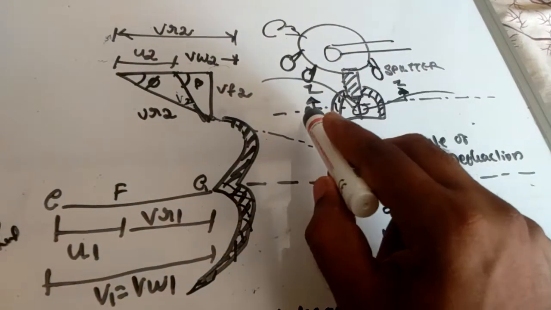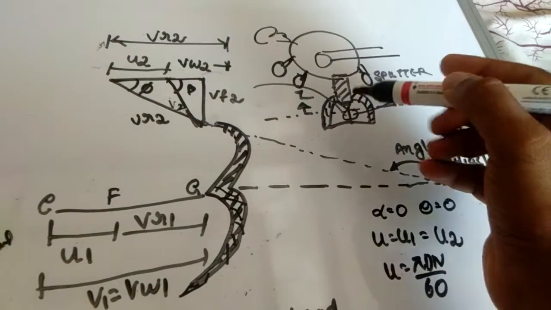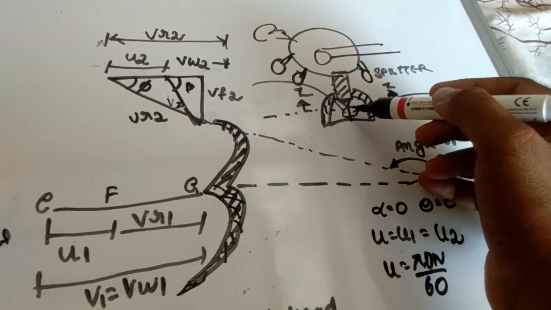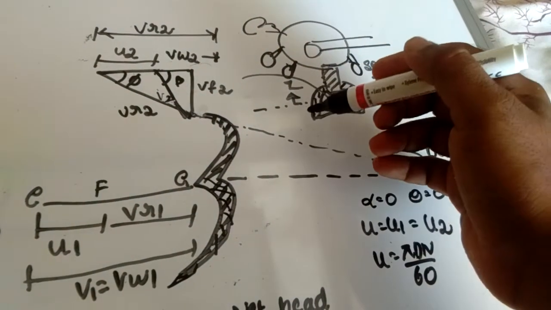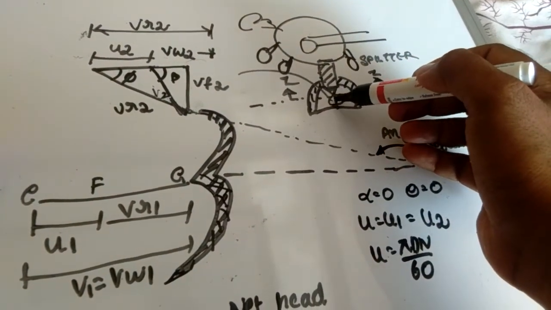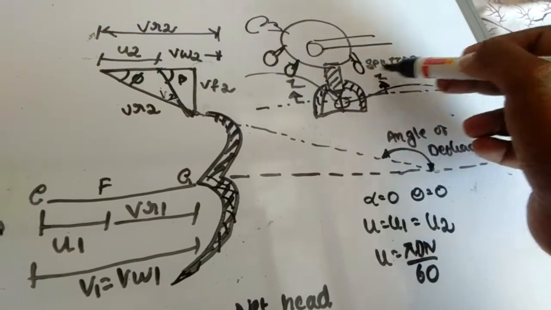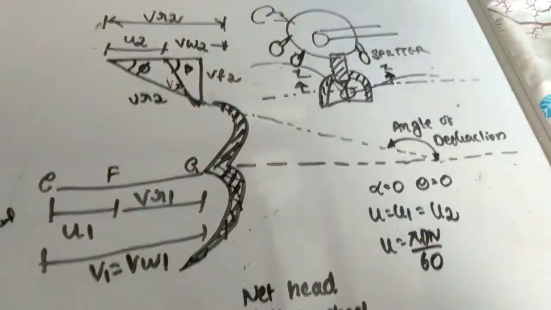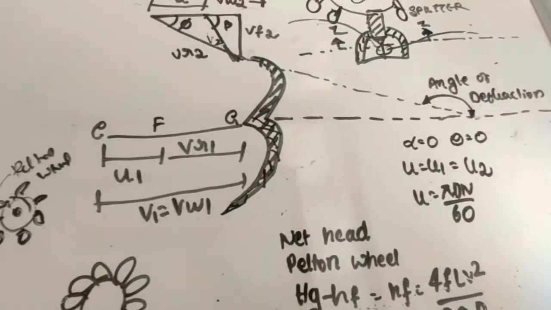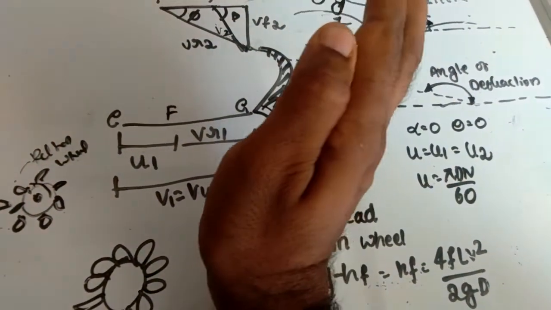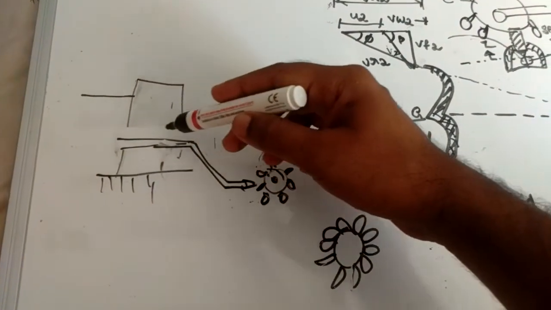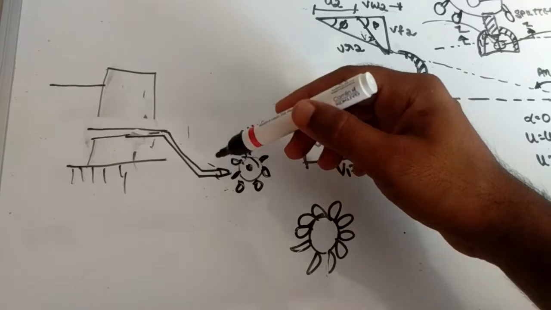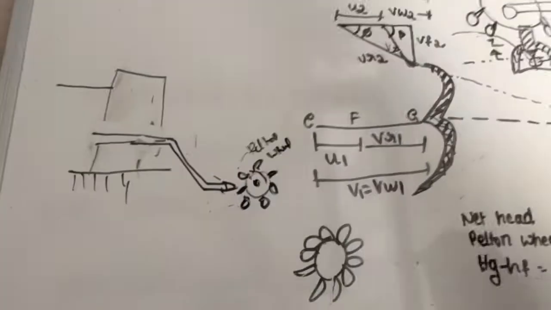When the jet strikes, this portion is actually struck. This circular cross section is traveling. When the water strikes the plate, it comes out from this direction and this direction. The plate is kept like this, so the water strikes this place. Water is stored here, it passes through the pipeline, and some losses take place.